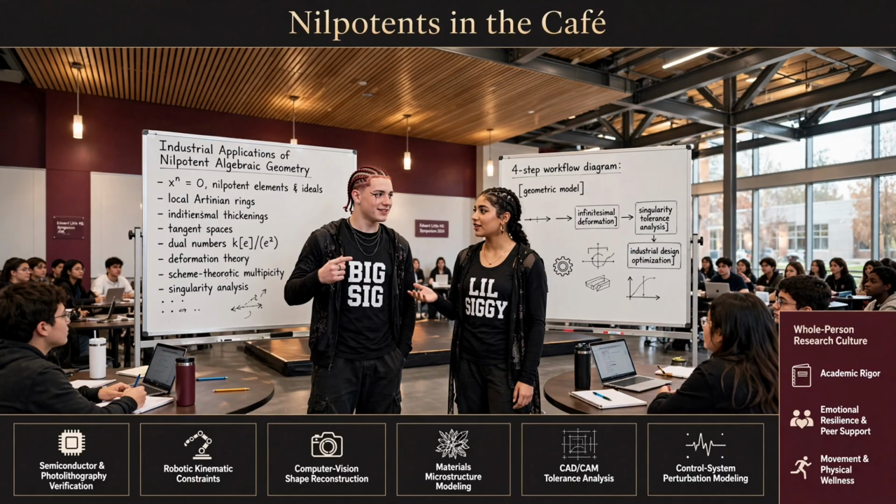I want to offer an analogy here for the listeners just to visualize how this changes our approach to problem solving. Please do. Searching for a global, exact symbolic solution to a chaotic real-world system using infinite series is like trying to take the globe of the Earth and peel it flat onto a single perfect piece of paper. Like a Mercator projection. Exactly. It is mathematically impossible to do without introducing massive distortions. Greenland looks huge, Antarctica stretches completely across the bottom.